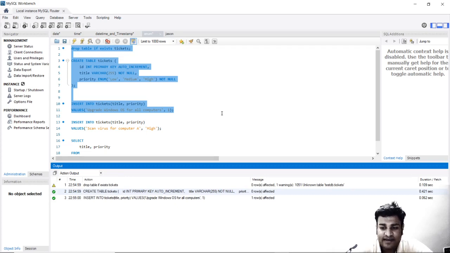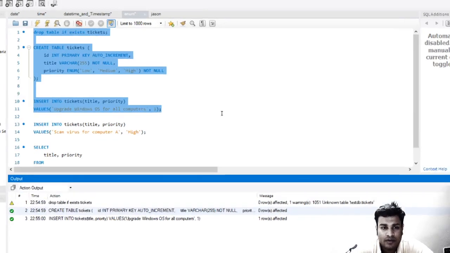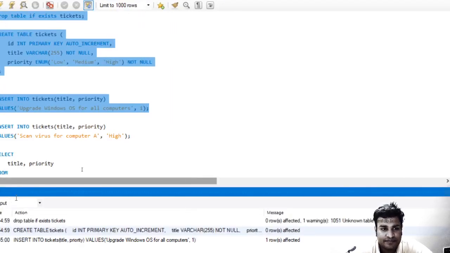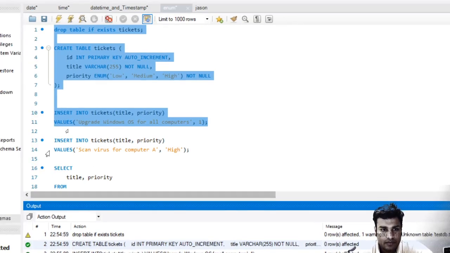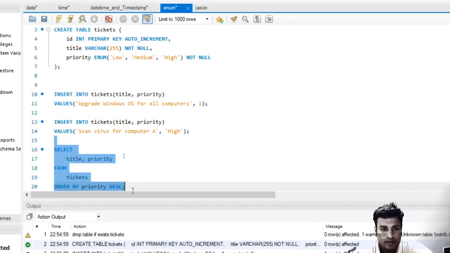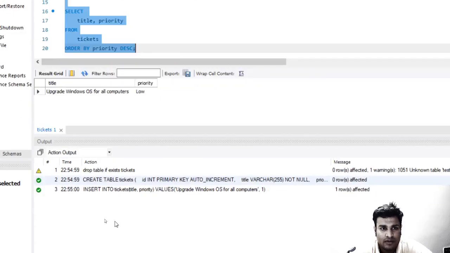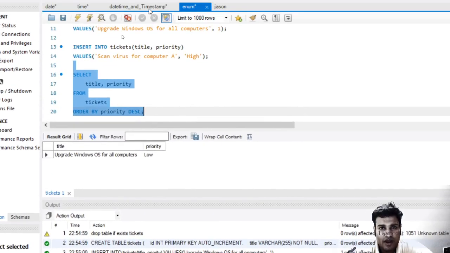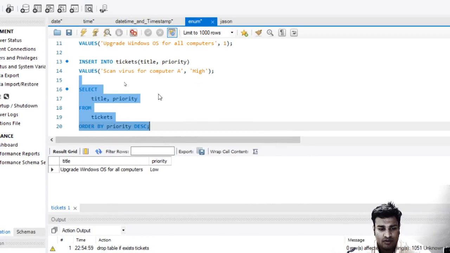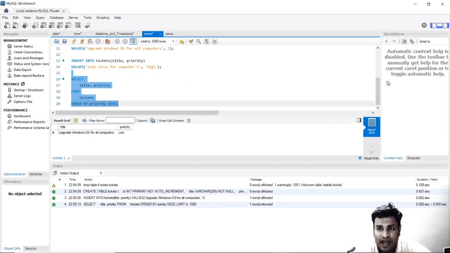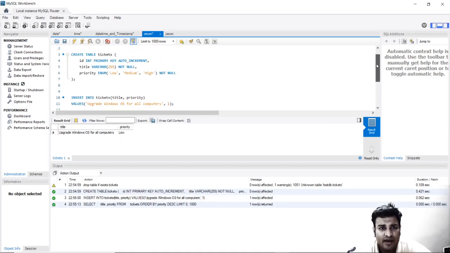So one row is affected. What row is affected? Let us see that. Let us execute this. So we see that priority is low. And why is priority low? Because we have given number 1 and the first enum is low. Second is medium and third is high.